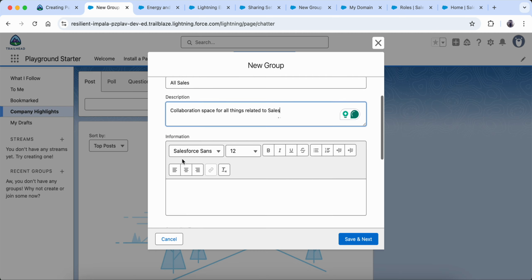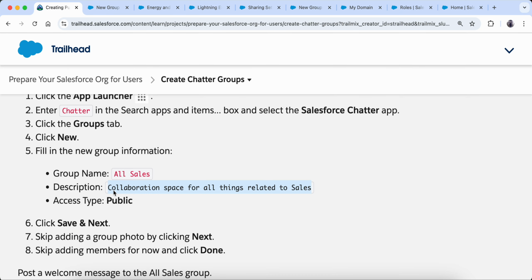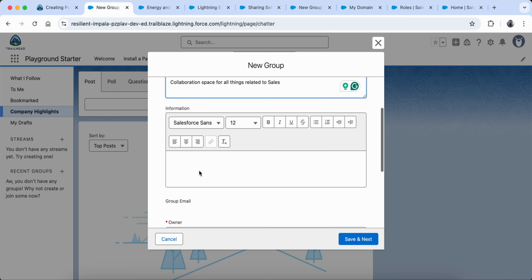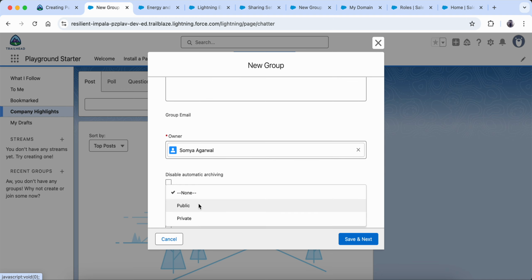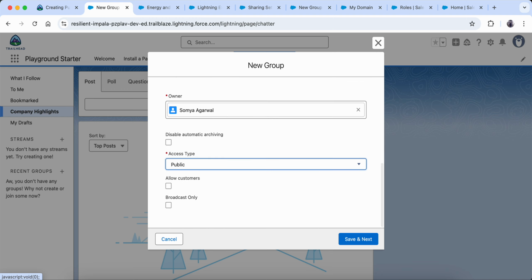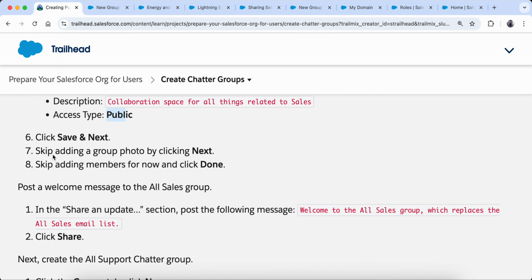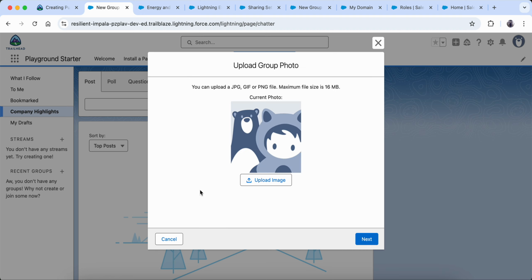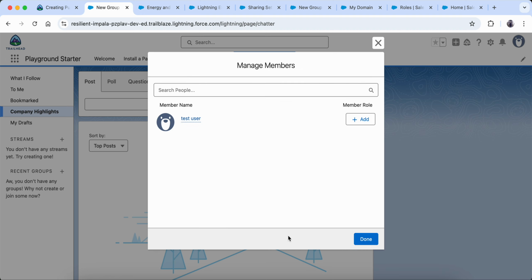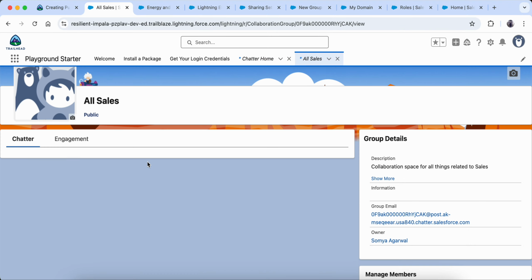Now the access type they are saying is public, so I am creating this as public. Then save and next. Skip adding a group photo and skip adding members. Here I can add a photo, and I can also add members directly, but I'm going to skip that right now.